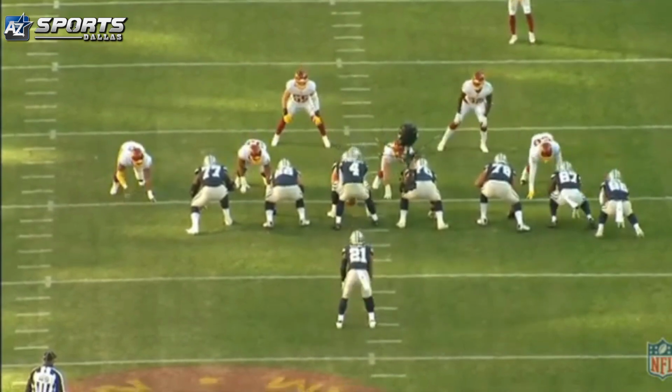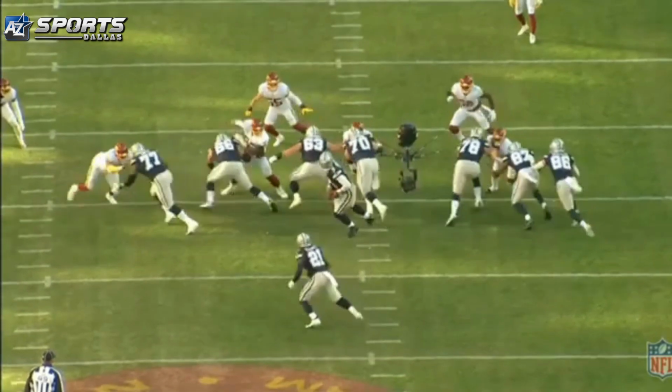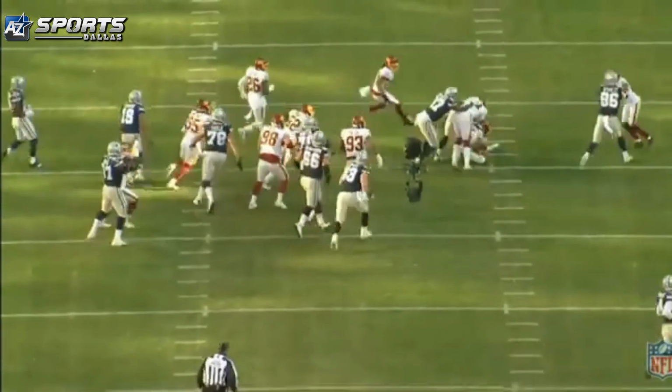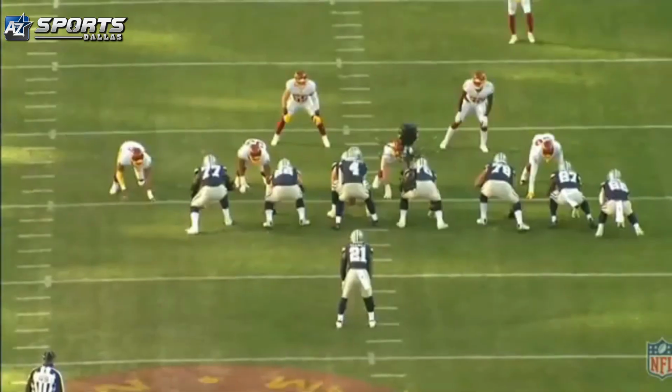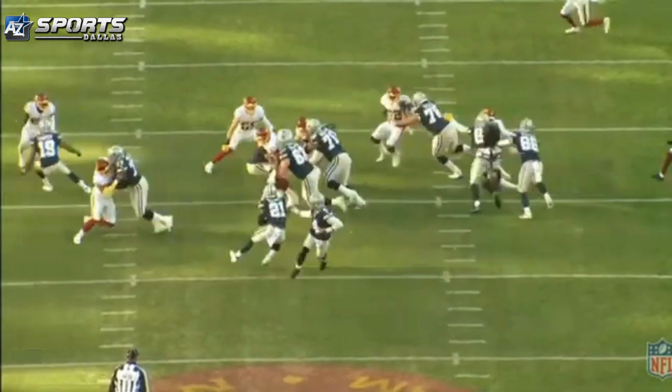Dak's checking at the line of scrimmage, and he's probably checking because look, 1, 2, 3, 4, 5, 6. I got a light box. I got 12 personnel. This is a check all day. But Connor McGovern, y'all, just take a look. I mean, great run though. Zeke made it count, but Connor McGovern, I think he struggled in this game.